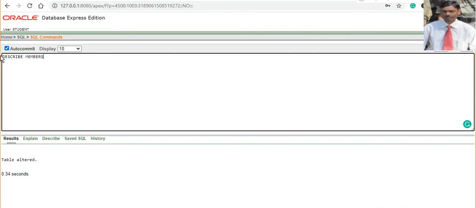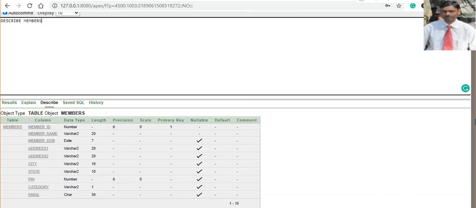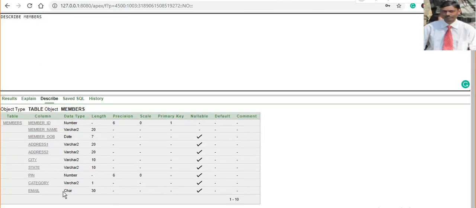I'm going to explain that we can write in small case and upper case also. Oracle is not case sensitive. Okay, Oracle is not case sensitive. We can write capital and it will consider small and capital letters as the same character. Okay, now I am going to execute this command. Now you can see email with char data type.